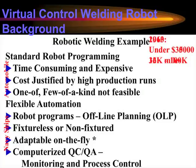But the payoff is in this little example up here. If you look back to the 1960s, the average sort of sedan sold by the auto industry in the US before robotics cost about $3,000 and had about a 12,000 mile warranty on it. Today,